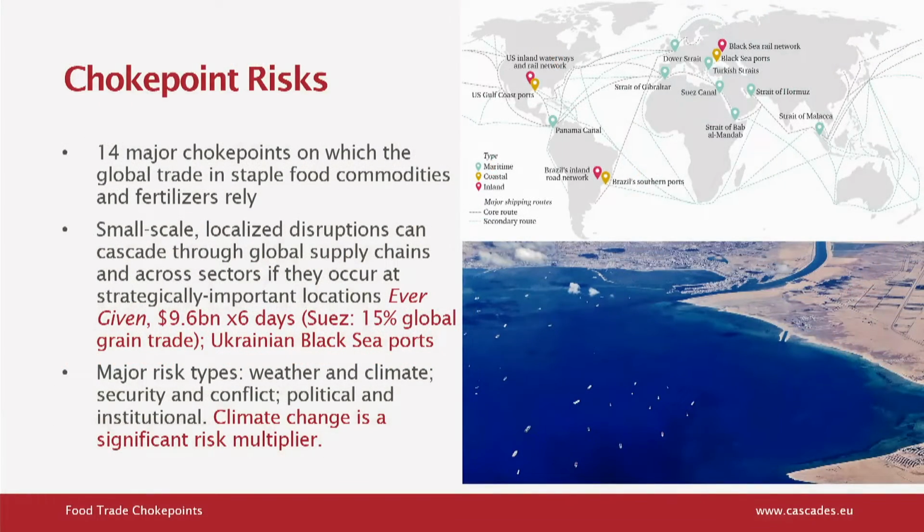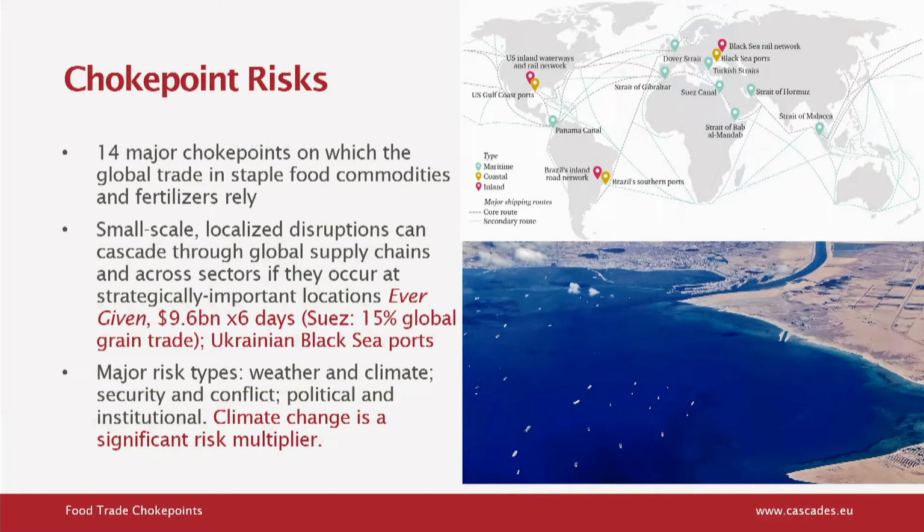If you look at the map in the top right-hand corner, we broadly think about 14 major choke points on which the global trade in staple food, commodities, and fertilizers rely. As you can see, most of those are littoral or maritime, and there are a few inland pinch points as well in terms of transport networks. The point about these is that if we do get a blockage at any of these, then